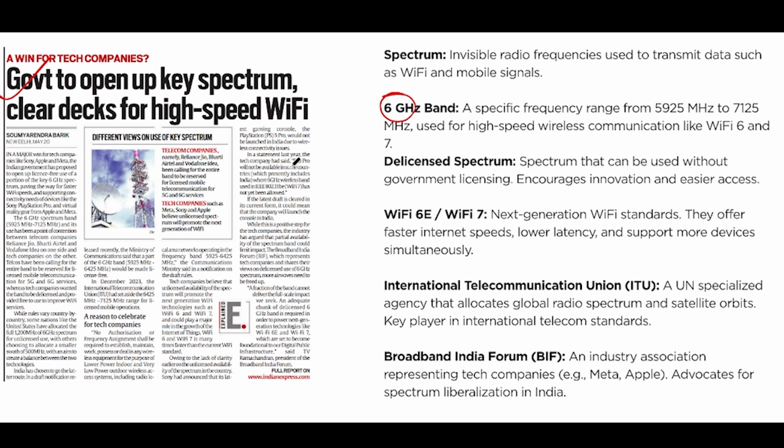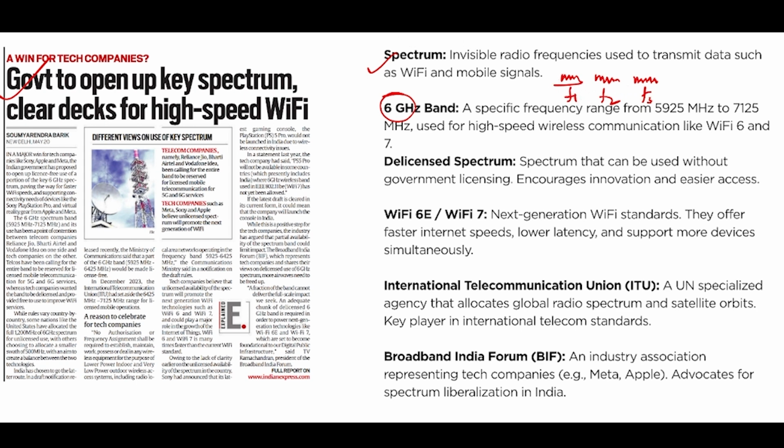Now, in order for this news to make sense for us, let's understand and break it down into pieces. First, spectrum. It is an invisible radio frequency used to transmit data such as Wi-Fi and mobile signals. So you know that every data is sent in the form of frequency of data packets. The frequency that is used is known as band. Now, because the Supreme Court has said that spectrum is a natural resource, in order to be able to transmit data at a particular frequency, let's say F1 or F2, would require you to purchase that specific frequency from the